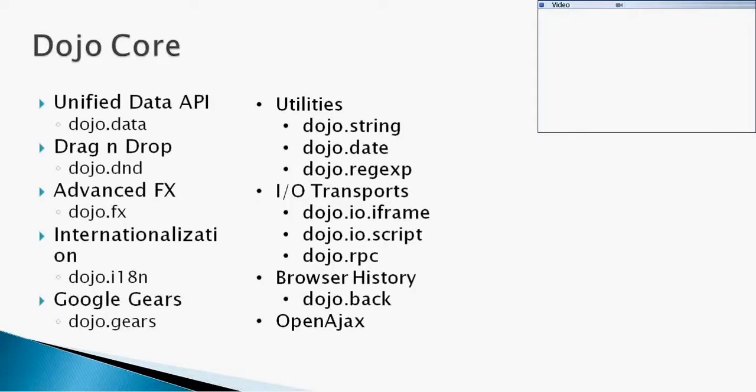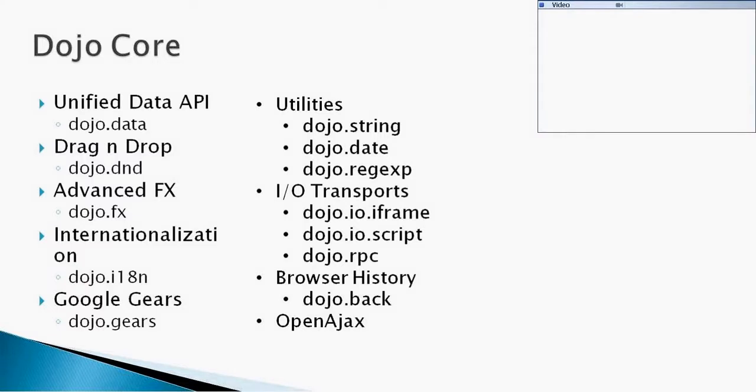Okay, so let's talk about Dojo core. Here we don't go deep into any of these things. These are the extra things which are available inside the Dojo core. So one is the data API, which is very handy when you deal with data sources. For example, you created some widget, let's say a grid list, where you are showing a lot of data in tabular form. To handle that, you can use this API, which can work as a backend for that particular